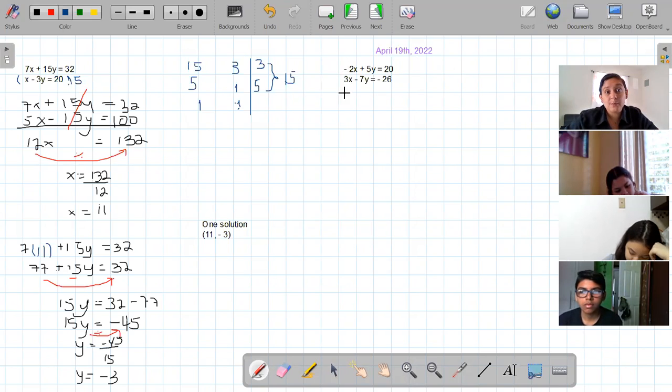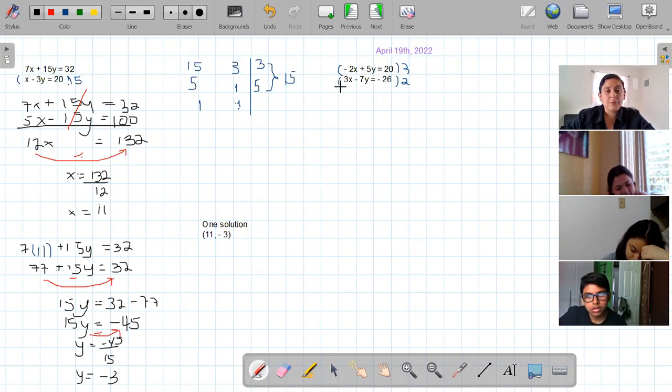Since both of them have to become a 6, I'm going to multiply both equations. By what number should I multiply the first one, and by what number the second one? The first one by 3, and the second one by 2. Why? Because in that case I will be having 6 in both terms, one negative and one positive. So I'm going to have negative 2x times 3, negative 6x. Positive 5y times 3,